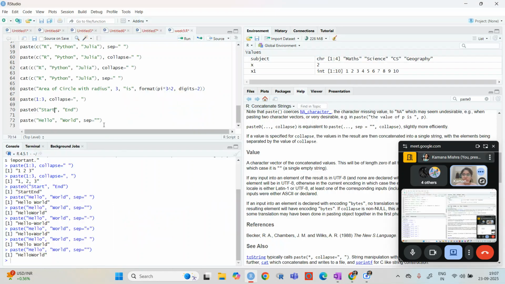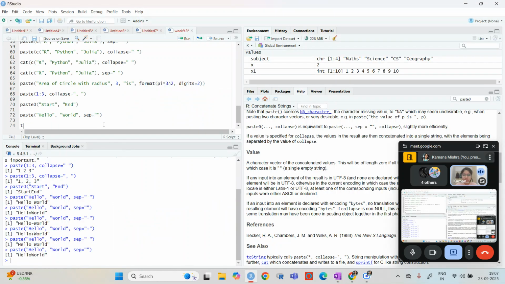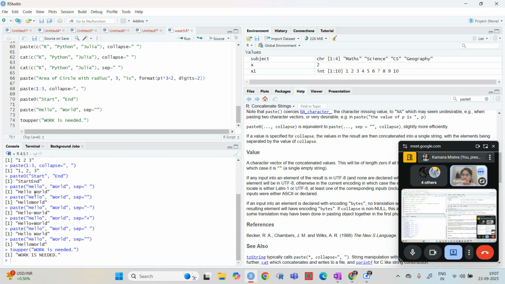If I give toUpper, let's say, work is needed, you can see that work remains as work, and then is needed changes to upper.